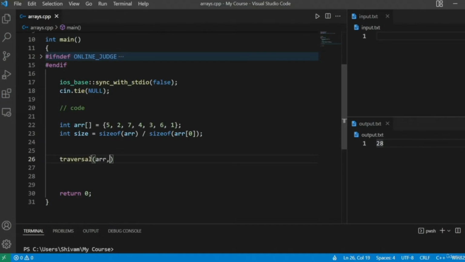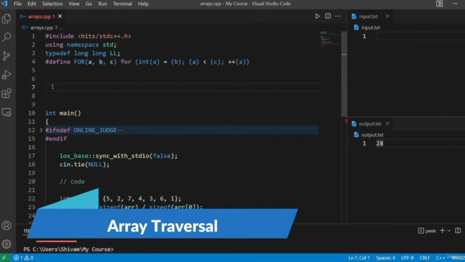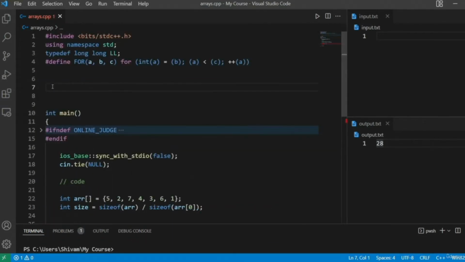Now let's first discuss the array operation, array traversal. We will pass the array and size to this function to get all the elements printed. Now we will write the function definition. First we write the data type which the function should return. We'll write it as void because we have to print all the elements and not return anything. We'll write the function name traversal,